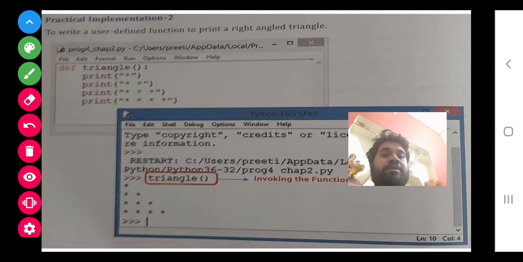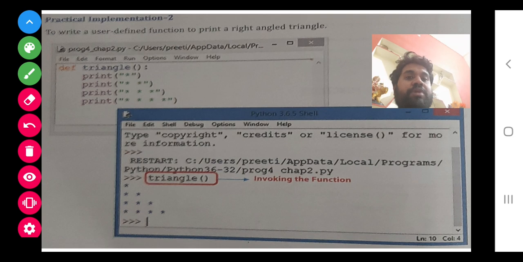That's all. Now let's move to another program. They have made a triangle. Now they have used the editing window, which we can call a scripting window. This is not a shell, this one is a scripting window.